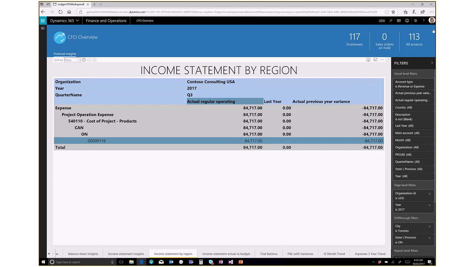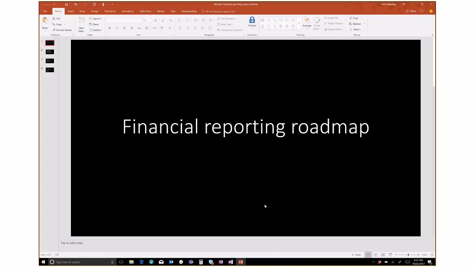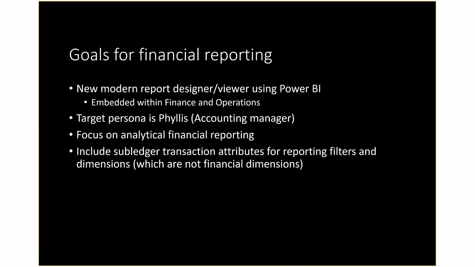So with that, I'm going to go back to the financial statement, to the CFO overview. And the next thing I want to do is just talk about the roadmap. So when we get into the roadmap, the first thing I want to talk about is the goals for financial reporting. First of all, as you've seen, we're using Power BI, and Power BI is going to be embedded